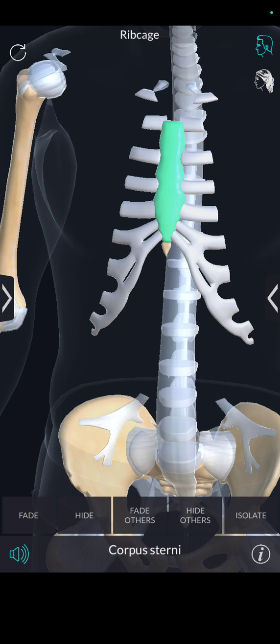The sternum or breastbone is a long flat bone shaped like a necktie located in the center of the chest. It connects to the ribs via cartilage, forming the front of the rib cage, and thus helps to protect the heart, lungs, and major blood vessels from injury. The sternum consists of 3